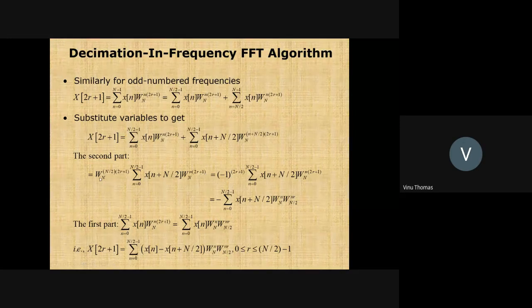Now let us look at this complex exponential part which is outside the summation. What is W_N raised to N by 2? Someone please compute W_N raised to N by 2 and tell me. Take maybe 20 seconds to compute this. That is e raised to minus j 2 pi by N, the whole raised to N by 2. So that would be e raised to minus j pi. What is e raised to minus j pi? Cos pi, that is minus 1, right? So this is minus 1 the whole raised to 2r plus 1. So this expression is therefore minus 1 the whole raised to 2r plus 1.